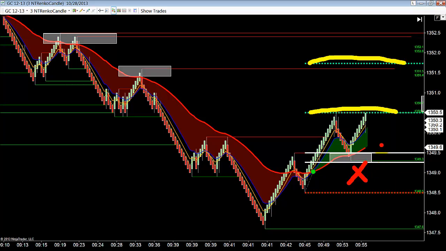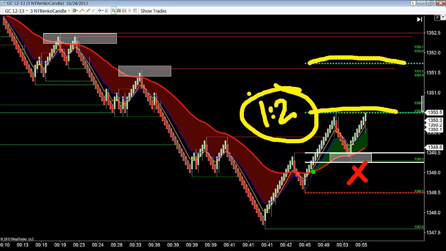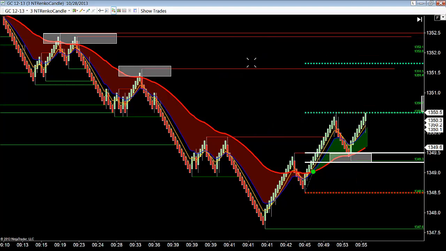That is a 1 to 4, a minimum of a 1 to 2 risk-reward ratio on our trades. Right? You will never see me take a trade in my trade room under 1 to 2. That means I'm risking 10 to make 20. And that's the way that every single new trader is going to almost guarantee their success. I made a ton of mistakes when I first began. One of them was trading with the exact opposite risk reward than I should have had.